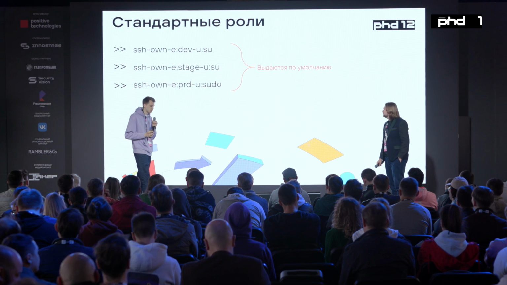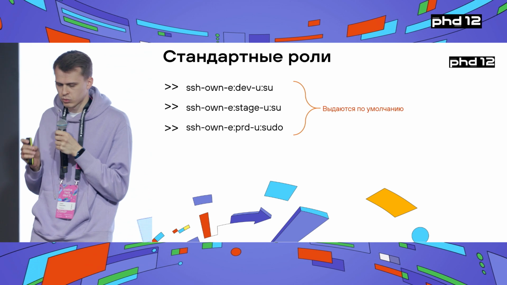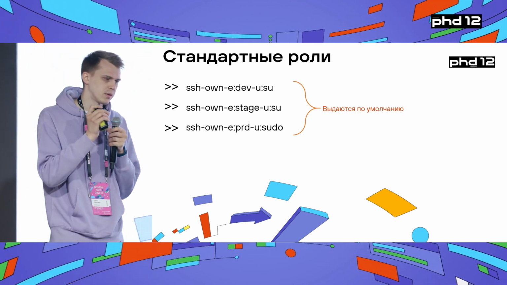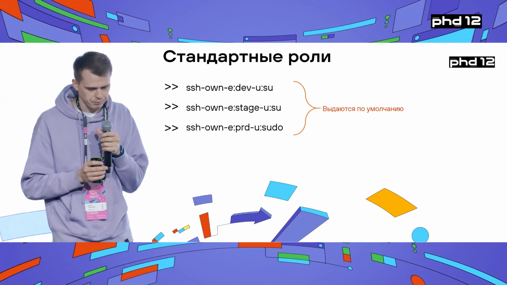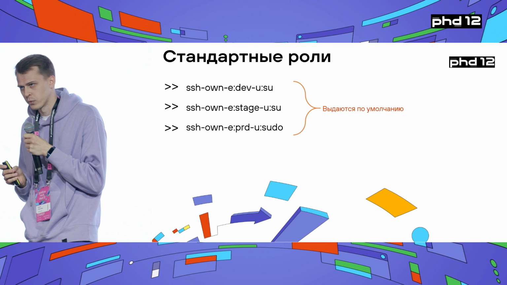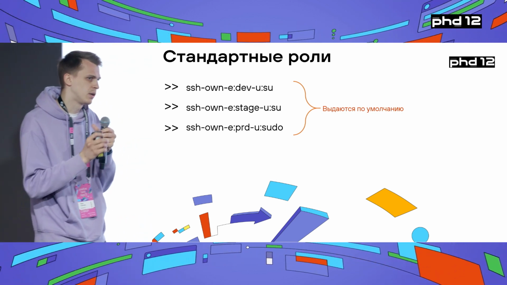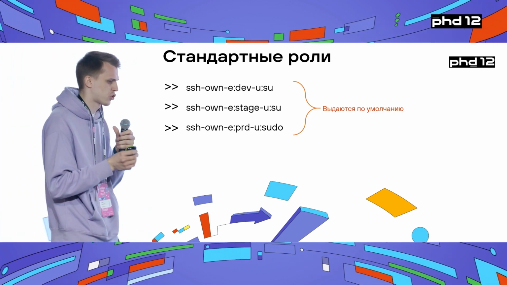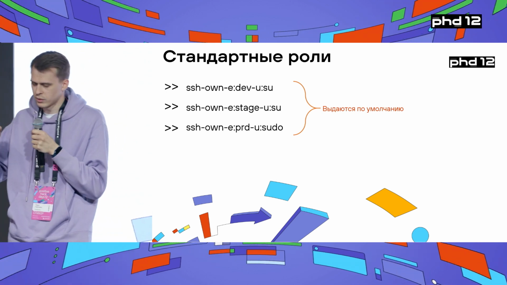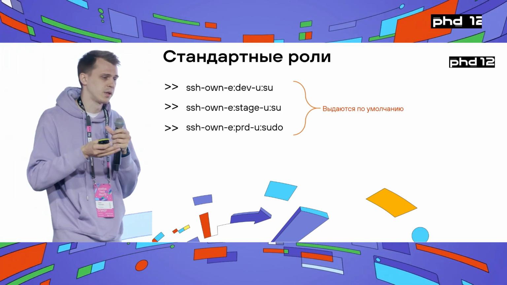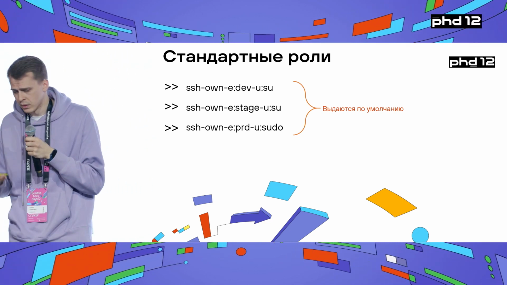Do you remember the owner tag I focused on? So what does it mean? Every resource has the owner tag, who is responsible for administering and supporting this resource. So here are the roles we have. SSH own. This gives access by default to the resources where you are indicated as the owner. All you need to do is connect a resource, say that you are the owner, and then in teleport you can see this resource and you can connect to it.